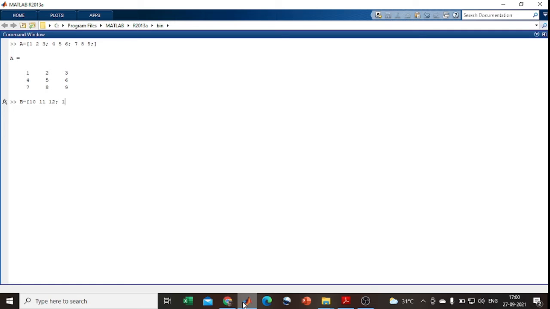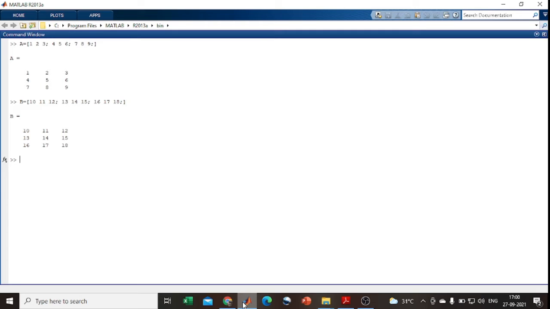Then 13, 14, 15 is the second row of the B matrix, and then the third row is 16, 17 and 18. Likewise I can give the B matrix values. Then B is equal to 10, 11, 12, 13, 14, 15, 16, 17, 18. Likewise I get the 3 cross 3 matrix in the MATLAB command window.